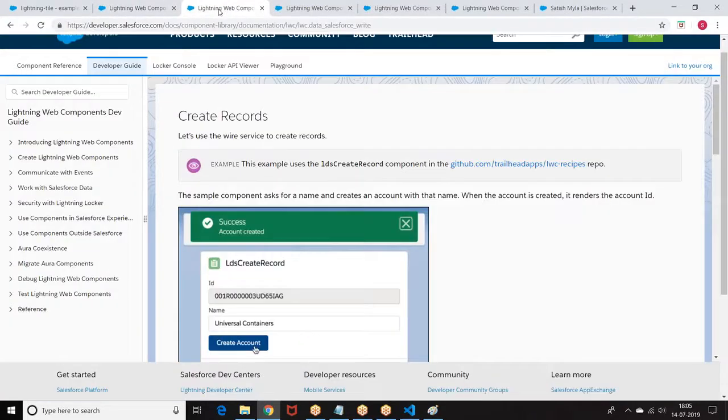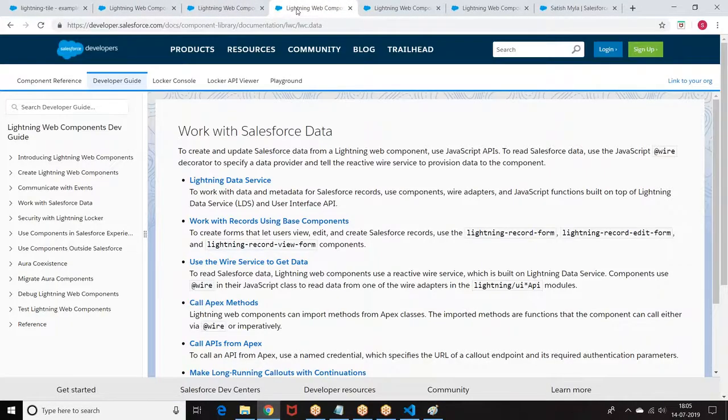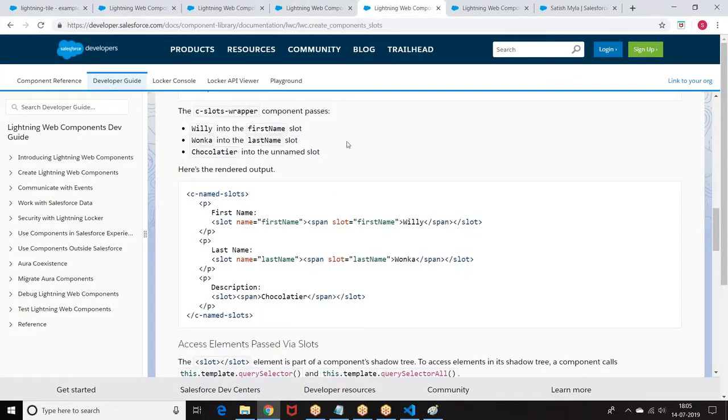To understand this, we need to know a concept called slot. In Visualforce, we say include, define, insert, like that.